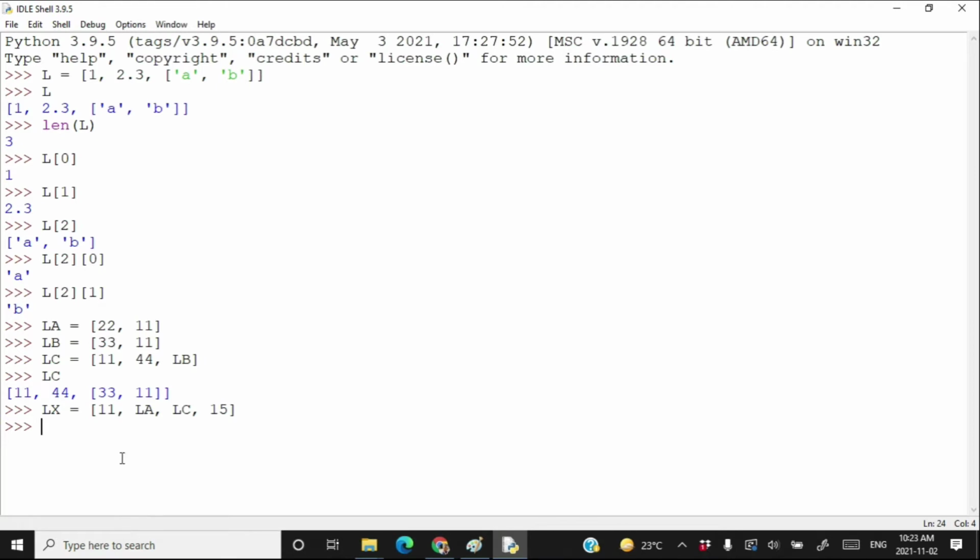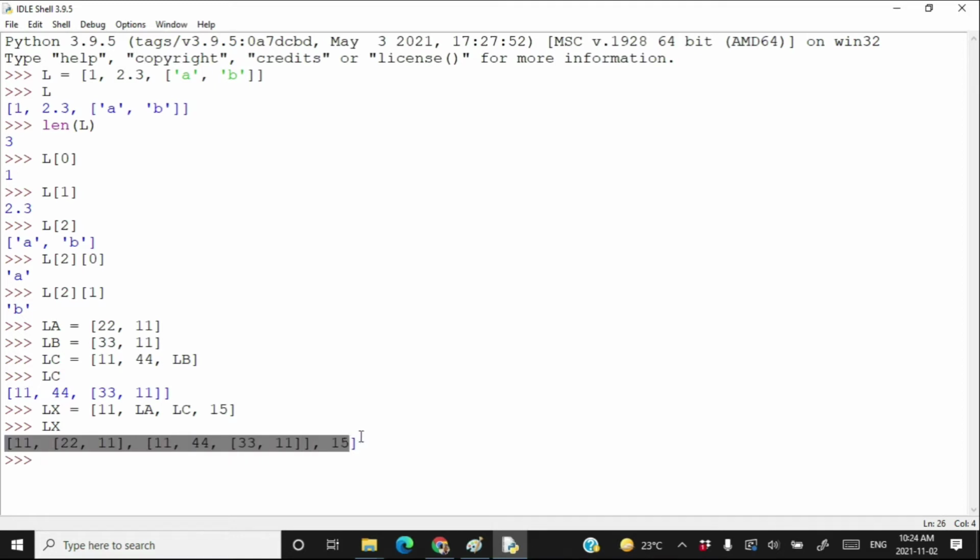So the first element of LX will be 11, second element will be this list, whereas third element will be this list, and fourth element is 15. Type LX, press enter, and this is my list. This is also a nested list. But what type of nested list it is?